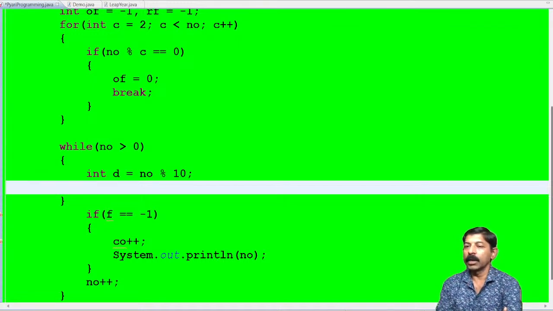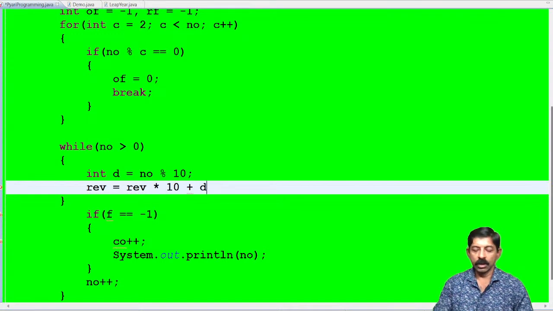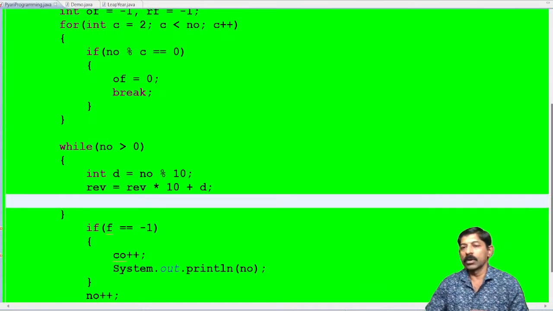Why no modulo 10, Ishan? Already we have taken D. तो उससे पहले आपको D लेना नहीं चाहिए था. REV is equal to REV into 10 plus D. अगर आपको यहाँ पे no modulo 10 लिखना है तो ये लाइन को नहीं चाहिए था आपका. Okay. After reversing,